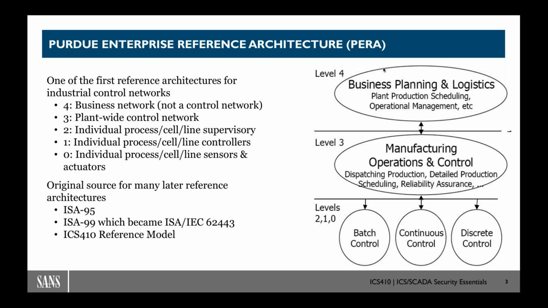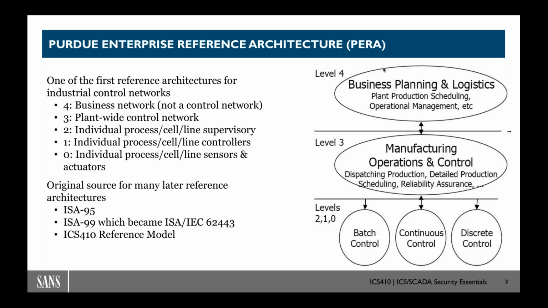So regardless of the controller, even if you had multiple controllers in more of a hierarchical fashion, which we quite often do with DCS systems, that would all be considered PURDUE level 1. And PURDUE level 2 was going to be the supervisory equipment, right? So your HMIs, your historians, if you have a historian unique to a single process,